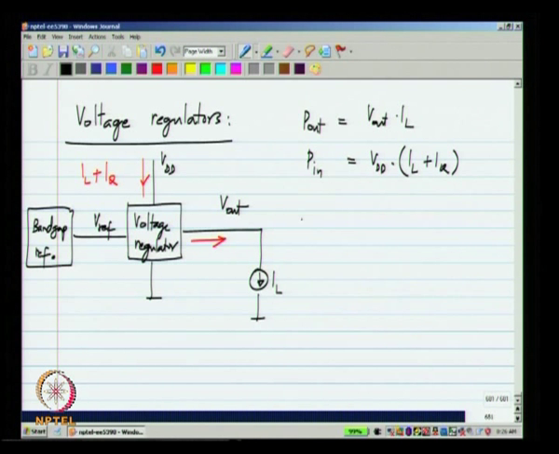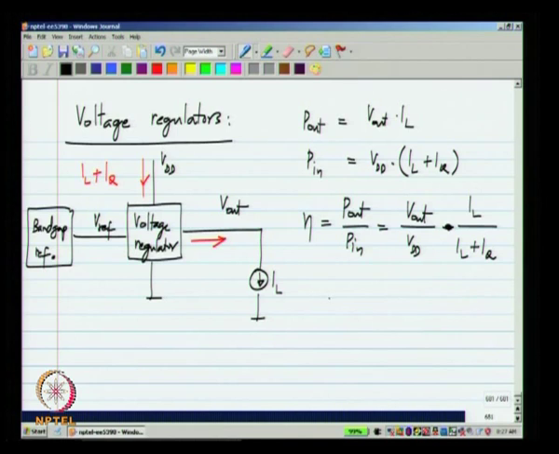So, the power efficiency eta, P out by P in, equals V out by VDD times IL by IL plus IQ, which can be further written as